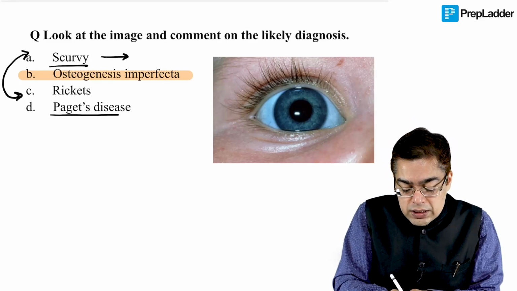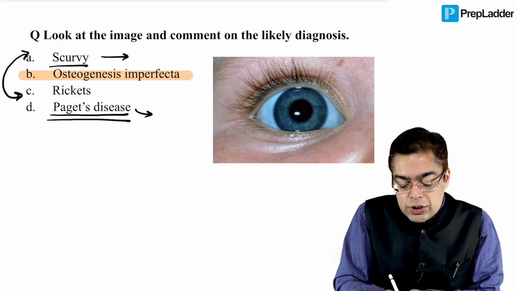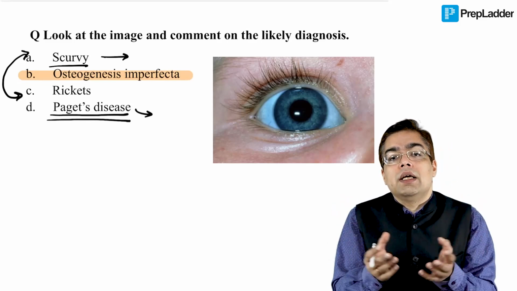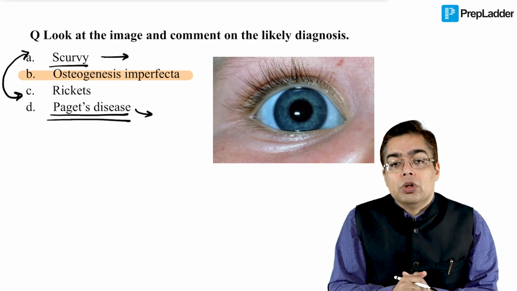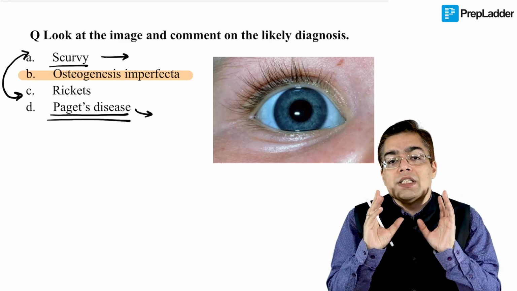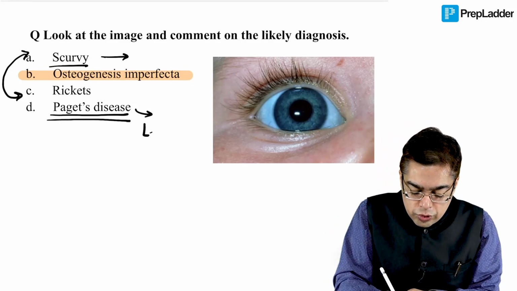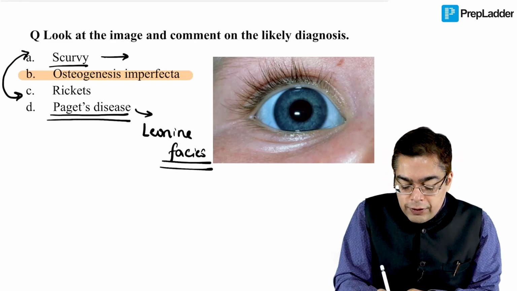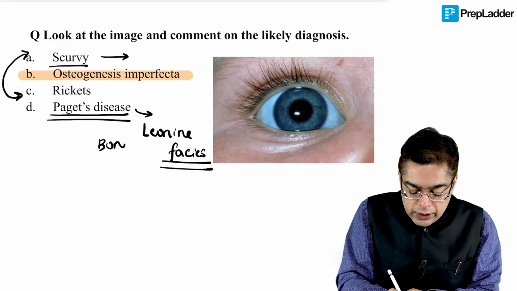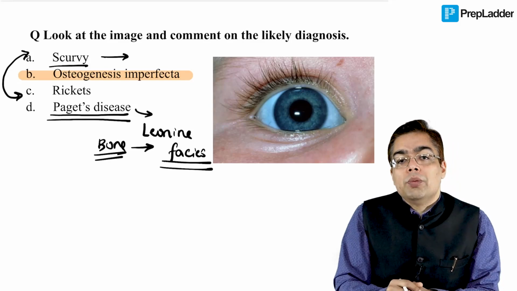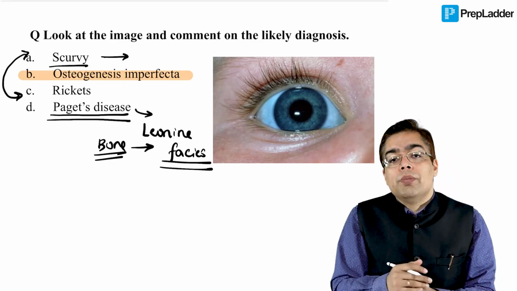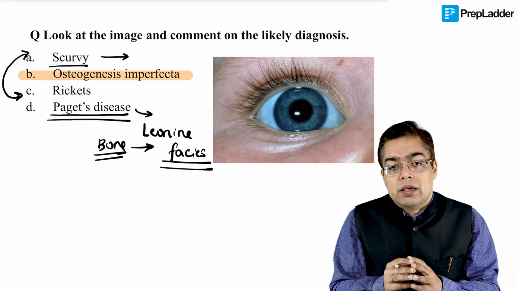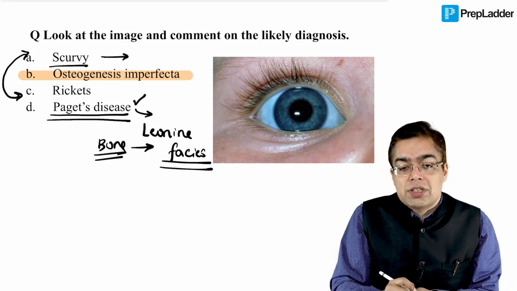When we're talking about Paget's disease, it is usually an example of a condition in which there is going to be a mismatch between the osteoblast activity and the osteoclast activity, thereby resulting in increased bone turnover. Not to forget the fact the patient is going to be having a very heavy skull. And the classical thing that is going to be written in the question is going to be the patient having the presence of leonine facies in case of a bone disorder. So leonine facies in case of a bone disorder is what you need to be familiar with respect to Paget's disease. Or he would make a mention of the fact that this guy is not able to wear his helmet because of increased size of the skull. So those are the things that you would need to keep in mind so far as Paget's disease is concerned.